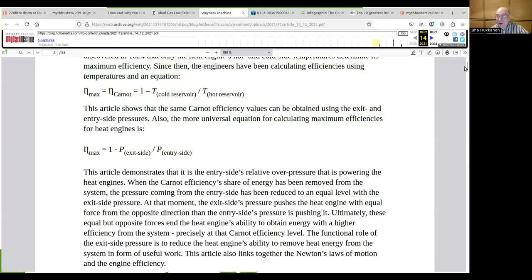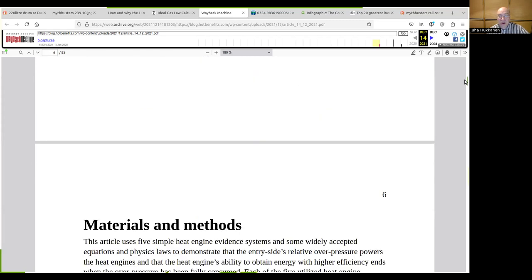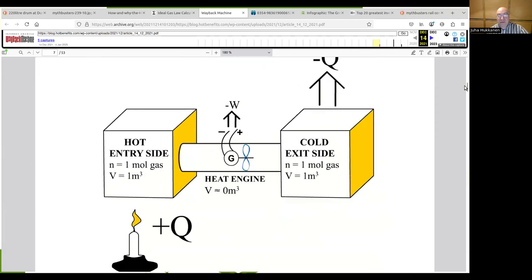And I prove it many ways, and I prove that this is actually the correct equation because this gives the correct efficiency value even when the Carnot's efficiency fails, and it fails under certain circumstances. I use, for example, this kind of a system for proving that the same Carnot efficiency values can be obtained from both the pressures and